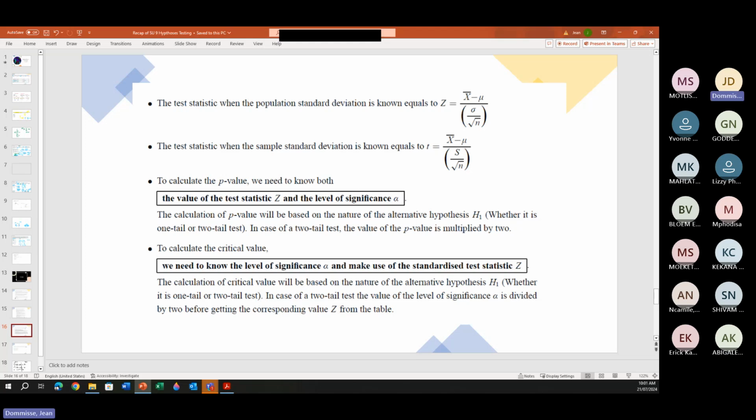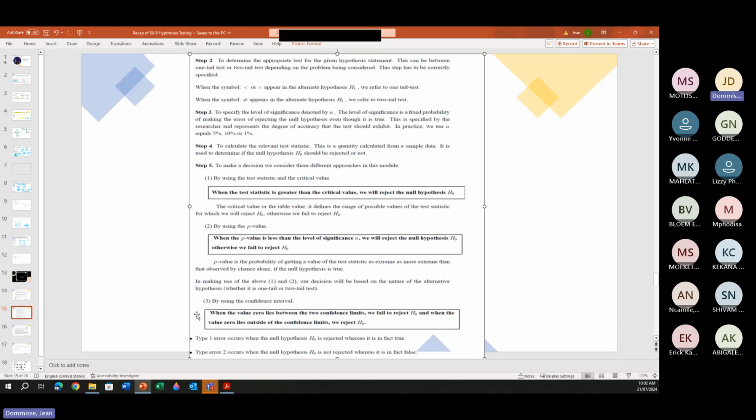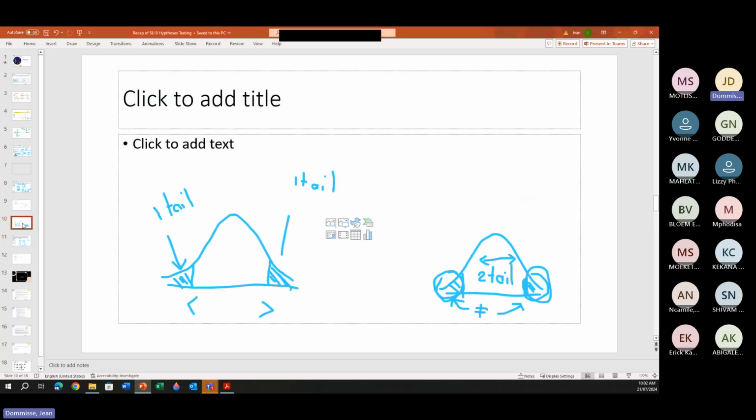You might then pick a different p-value. So this is a very important chapter, because yes, we did the level of significance in chapter 7 and chapter 8, the same if it was known or unknown, but then you bring in just a bit more and suddenly you need to make the decision: is it one tail or two tail? They don't always tell you that, and that's why it is so important when we look at the